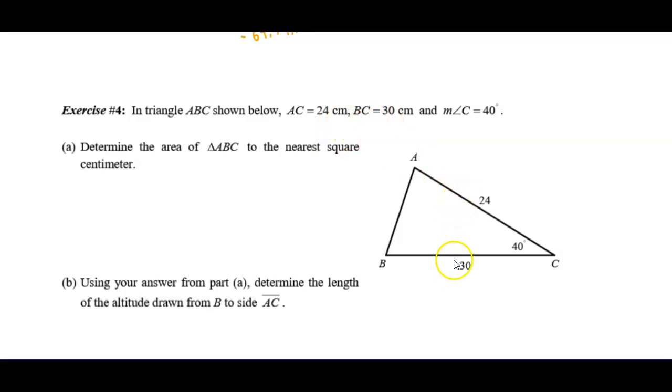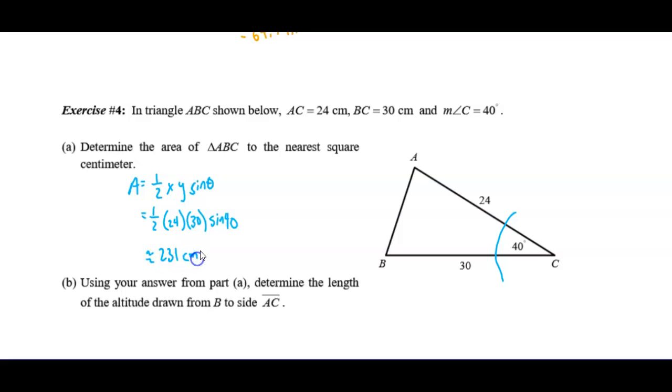So we have AC 24, BC 30, angle C is 40, determine the area. Okay, take a second to try this one on your own. Okay, so we should have area equals 1/2 xy sine theta, and so that's going to be a 24 and a 30, and then sine 40. Okay, it's the nearest square centimeter, so we don't want an exact answer here. We want approximate. 0.5 times 24 times 30 times sine 40. And we get about 231. It wants the nearest square centimeter, so about